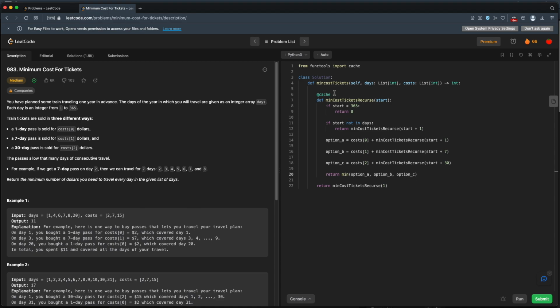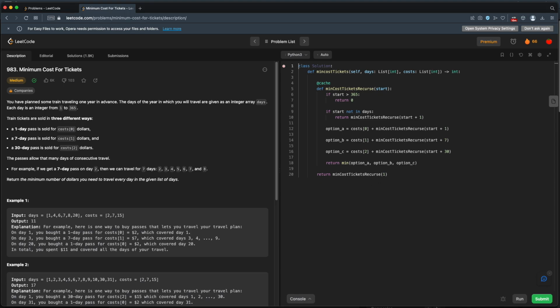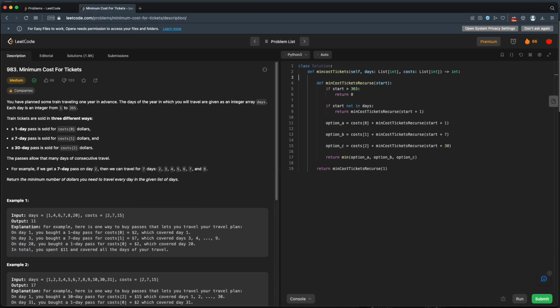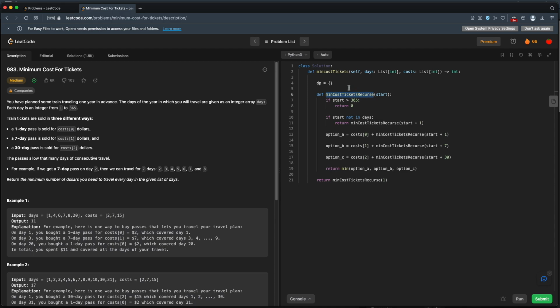So one thing we can do is we can do our own dynamic programming. Sometimes that's better than running the functools caching. So I'll show you how to do that now. Let's run our own dynamic programming. So out here, we'll have some DP, and it's an empty dictionary. DP stands for dynamic programming. It's just a way to signal that this thing is going to store our key value pairs for this function.